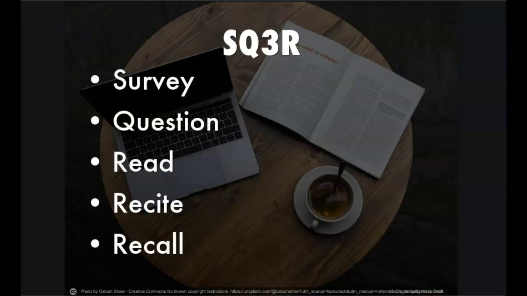So one of the ways we talked about this was with the SQ3R method, where you survey or skim the reading first, look at how it's organized, whether or not there are any pictures, what headings are included, and then you question. You question what you already know about the topic and make some predictions about the information that will be included. Then you read it, which in this case would mean annotations, making sure that you're highlighting and prioritizing